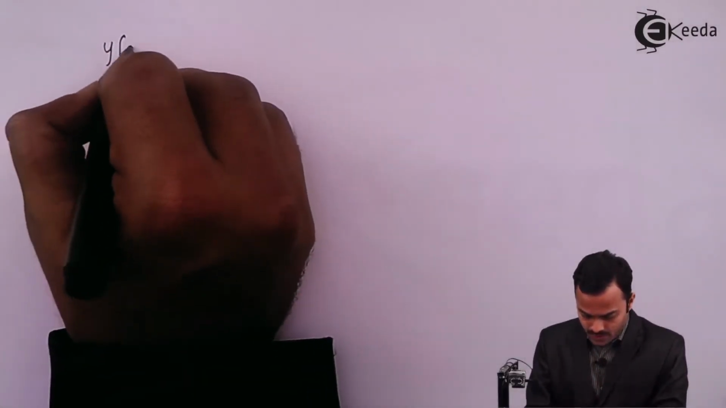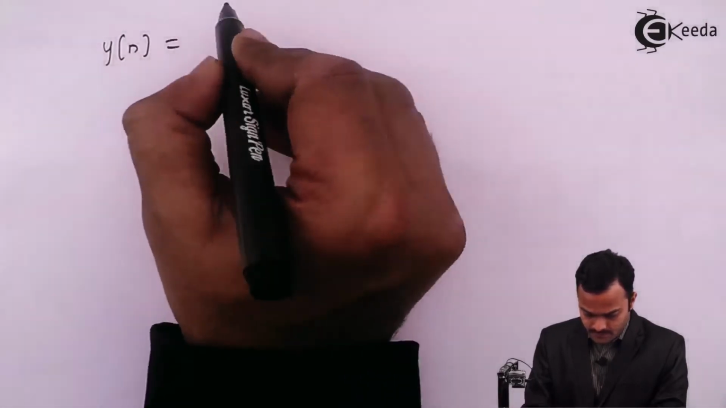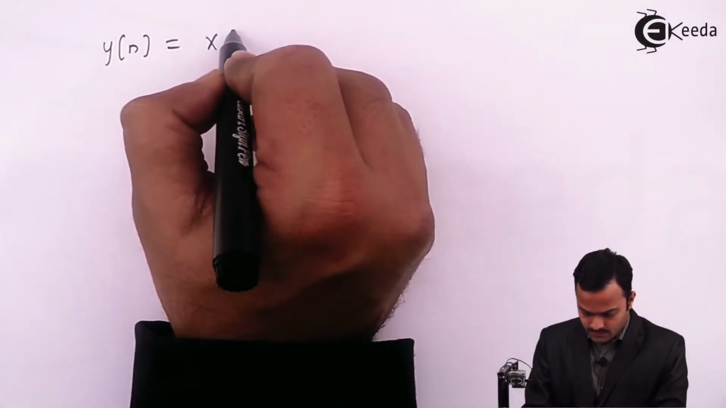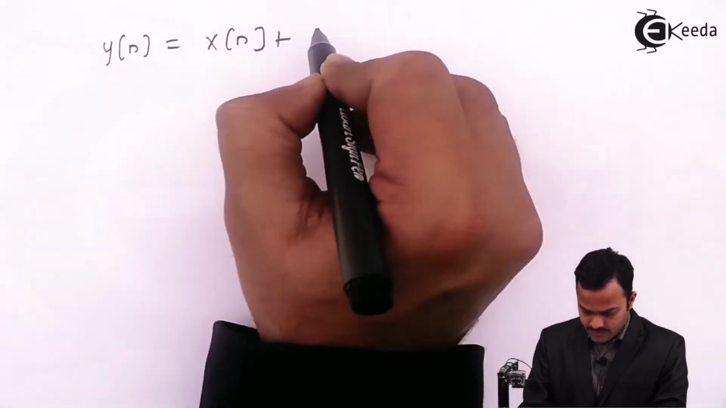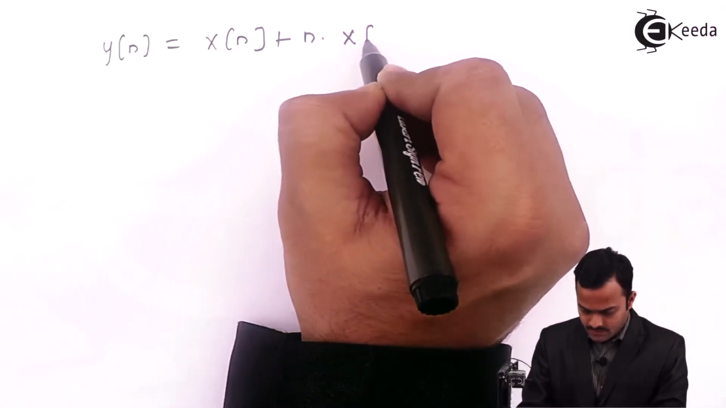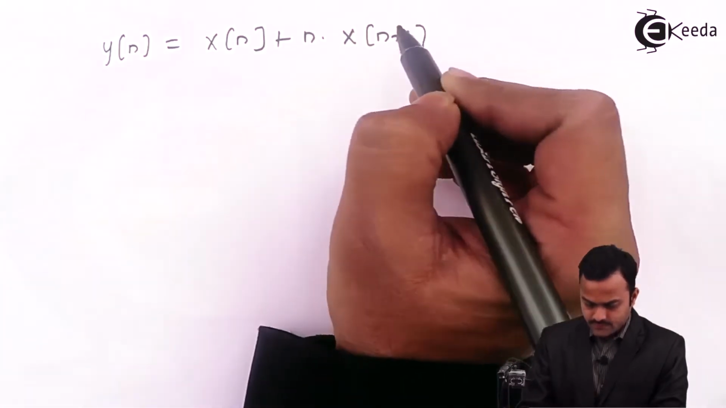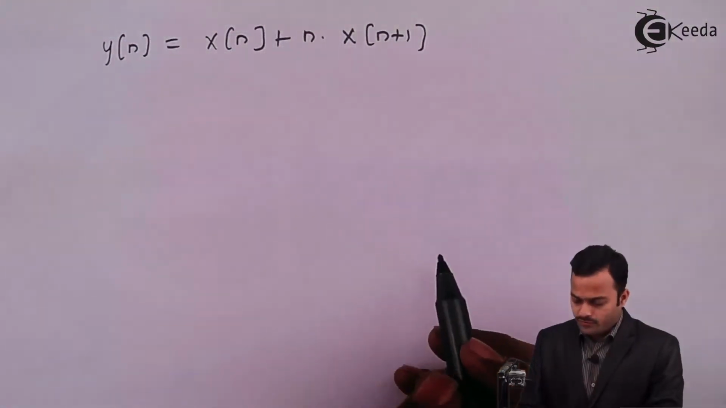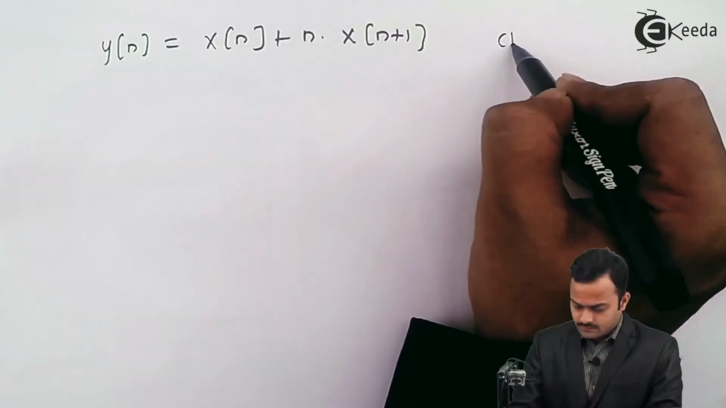In this video, we are going to take a discrete time system and we'll check for the properties. So the equation is given by y of n equals x of n plus n times x of n plus 1. So this is a system for which we need to check